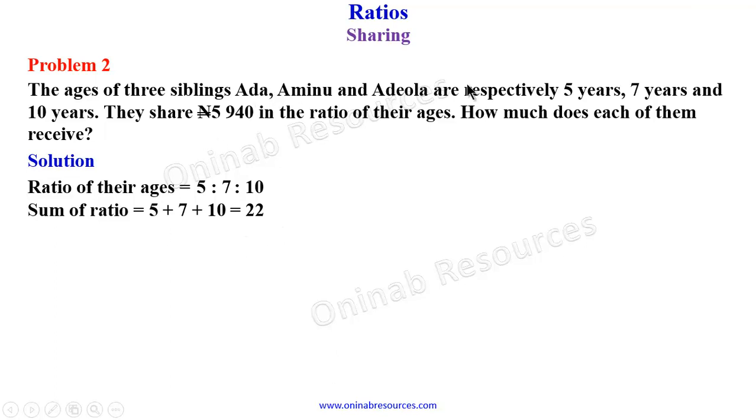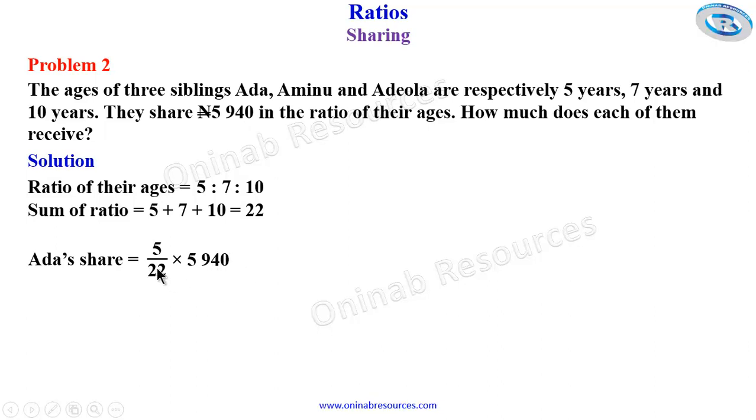We can then go ahead to find the share of each of the siblings. So we now look at Ada's share, which is going to be the age of Ada in the ratio, which is 5, over the sum of their ratios, which is 22, then multiply by the amount they are to share,